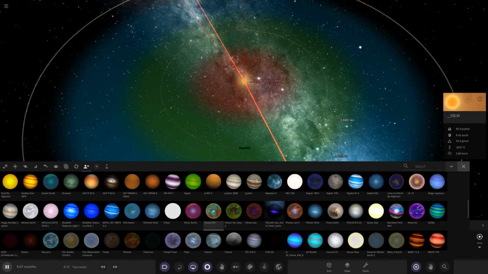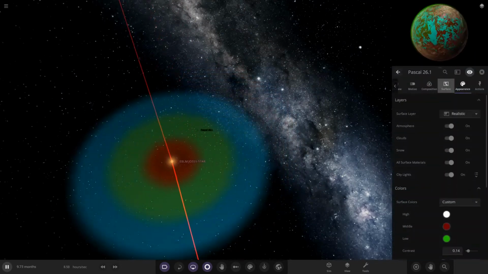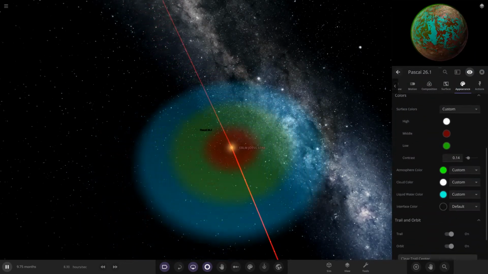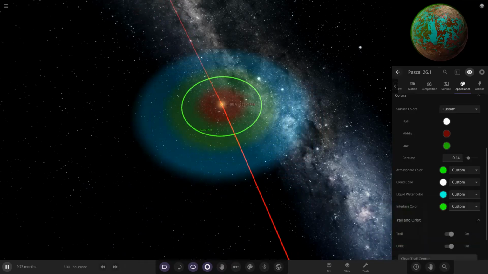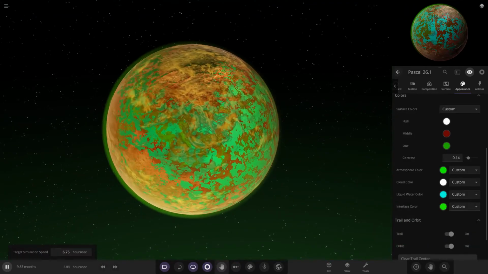There we go, so that's all right. So there's Pascal from last video. We can see it's already turned to a black colour because of the glitch in the game currently. Right, so we'll just put you as green for the time being. Right, so what I want to do here is we're going to sort of detune it, or tune it to